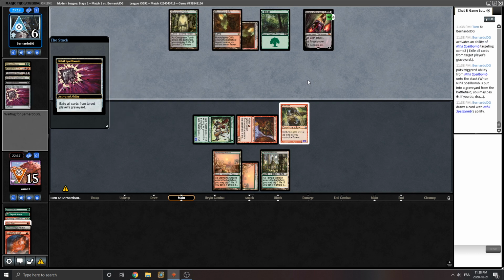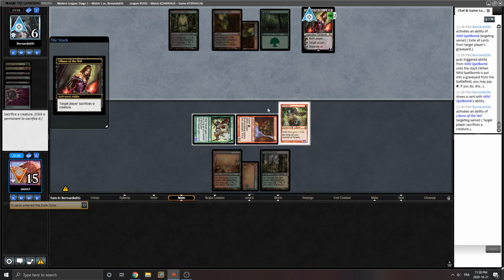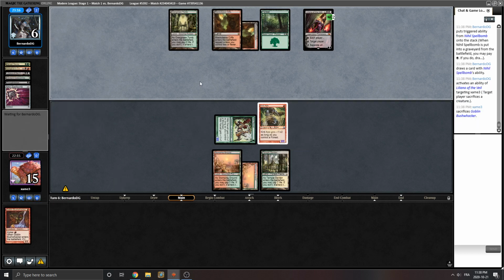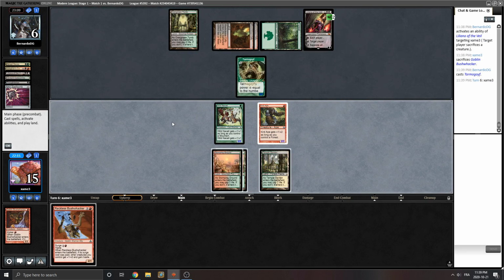Look, they can draw 2 cards. And 6 is a pretty low life total. It's a double bolt. Or they're gonna do just that, sacrifice the goblin. Okay, that's a Goyf, like I said. Alright, so